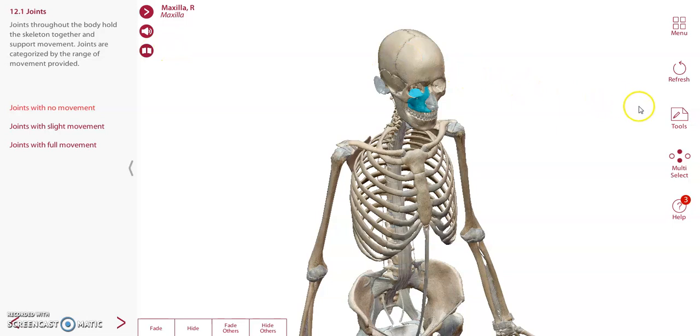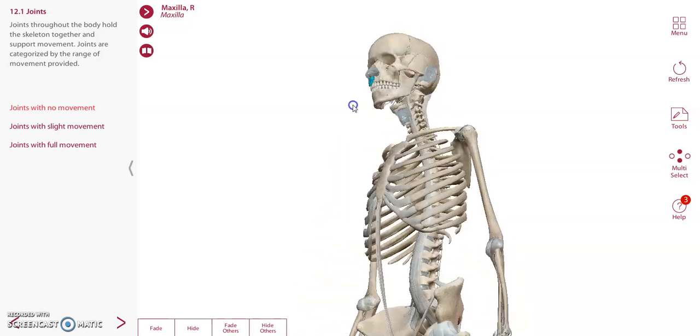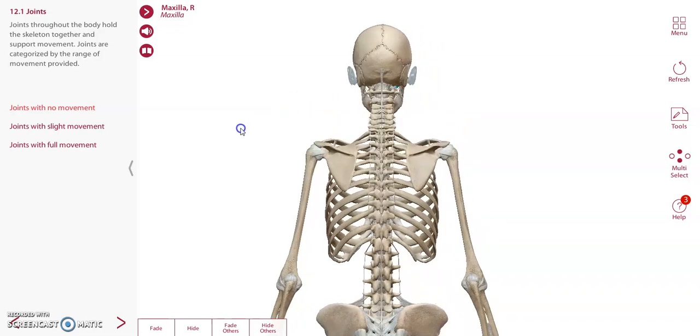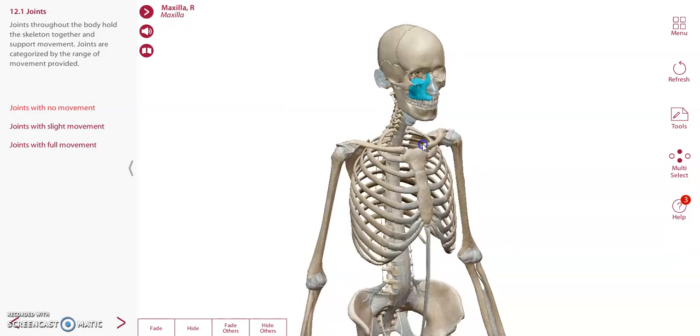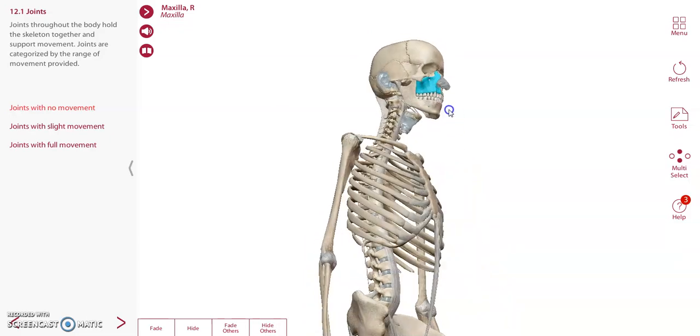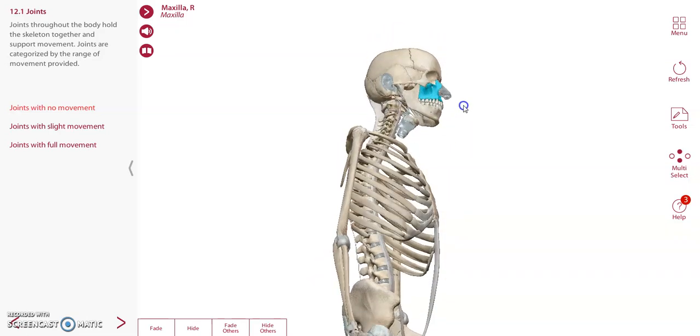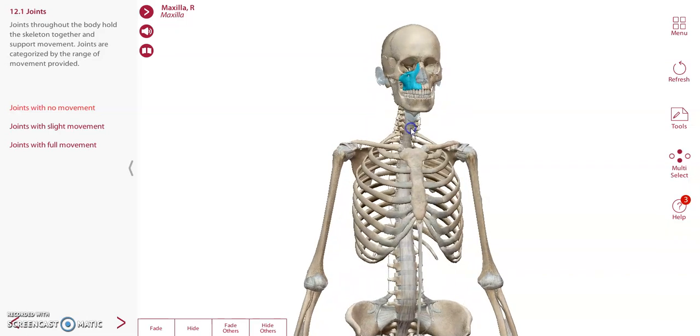Now, one other thing that's cool about this is if I use my pointer on the model, I can turn the model in any direction. It's a three-dimensional model, which means I can observe the bones in this case and the joints from any direction that I want to. The other thing that's kind of cool is that I can use tools to actually draw